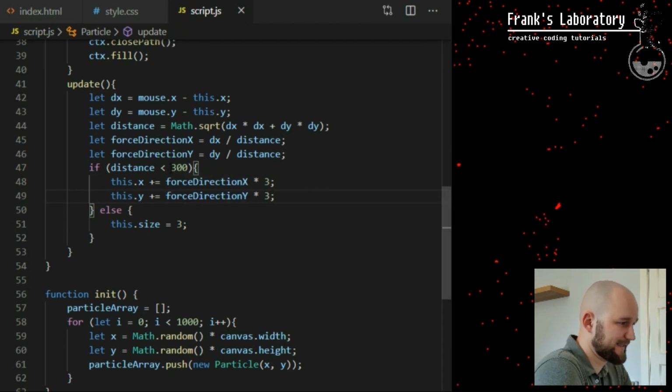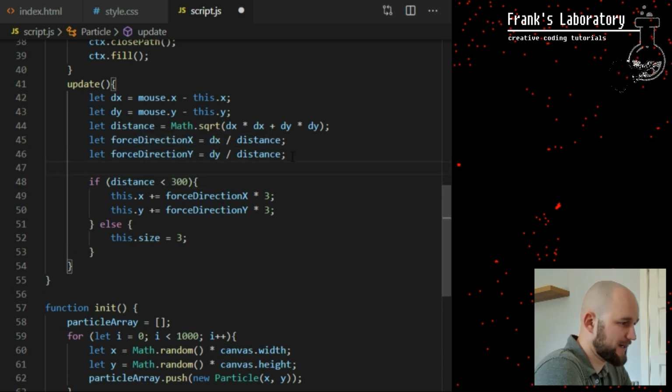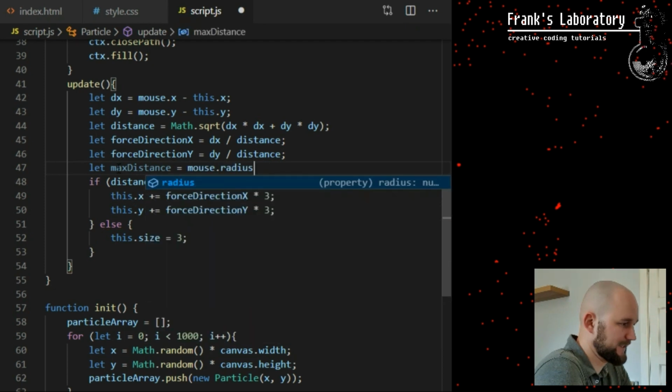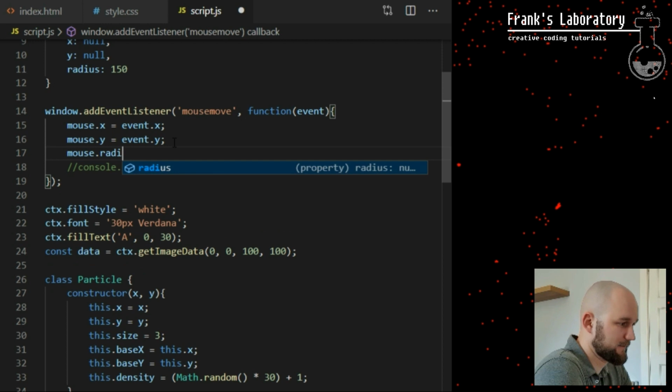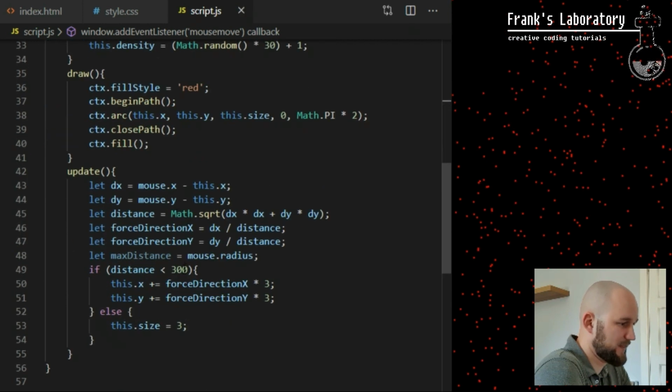Now I want to set a distance past which particles' movement speed is 0. So I create another variable, I call it max distance. It will be equal to mouse.radius we declared on line 11. Any particle that is more distant from the current mouse position than this will stop moving.